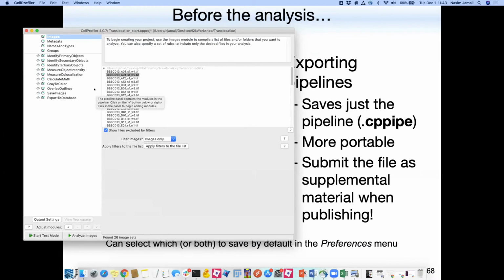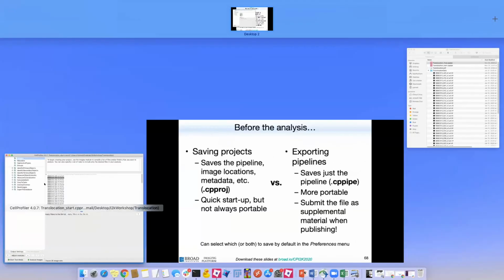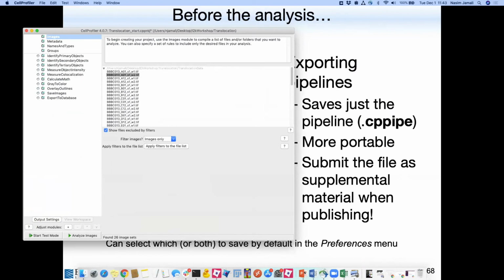So if I'm done for the day and I'm still not happy with the pipeline I put together, I can save it as a project on my computer, and tomorrow morning, if I'm working on the same system, just drag and drop the CP-Proj file to the pipeline panel, and then it already knows where the data is, where the metadata is, and so on. But if I want to send the pipeline to a colleague or attach it as supplementary material for publishing, then I would go to,